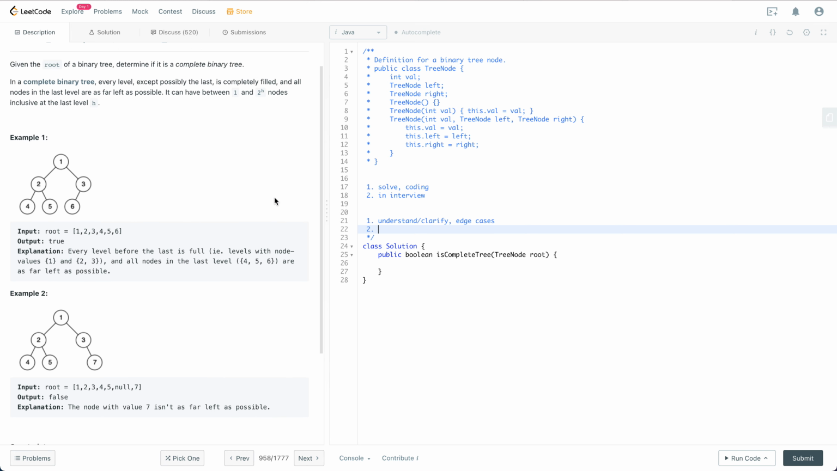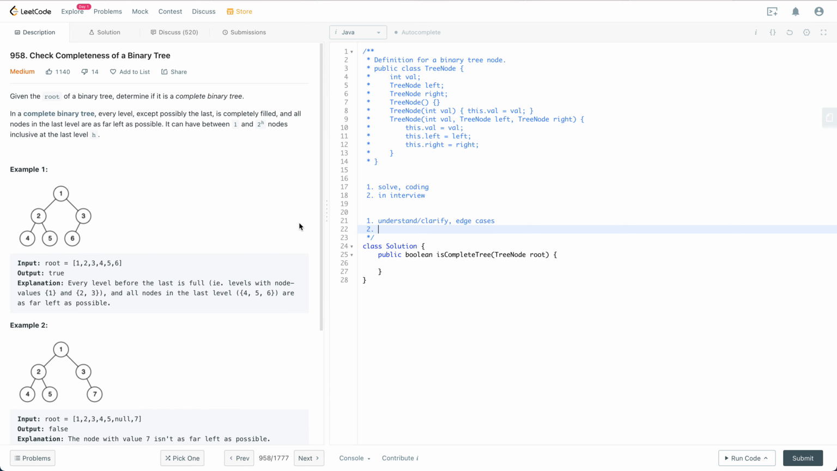So the next part is that we should try to find a solution. How do we solve this problem? I would say we could use BFS to solve it. So how do we use BFS here? During the BFS, for a binary tree, suppose that